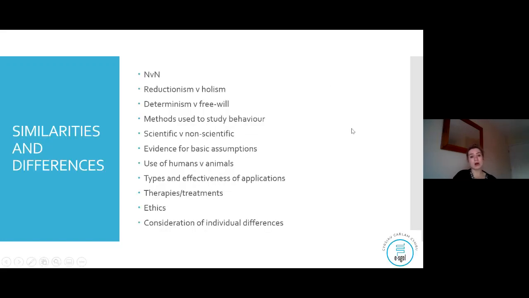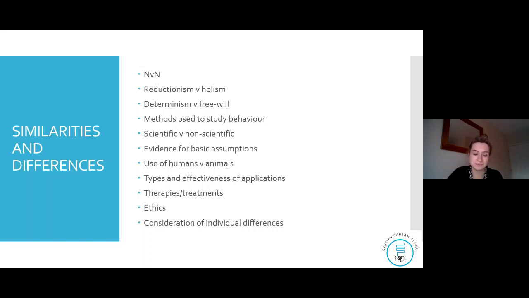All right, there's lots and lots of different elements that you can talk about within the similarities and the differences of the approach. The main thing is to think about some of the elements that you evaluate when you evaluate a whole approach. So, for example, here's a list on the screen of different things that you can discuss because they have either one or the other, and lots of the approaches fall to either one or the other side